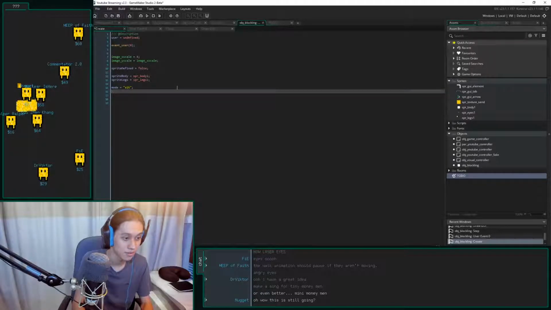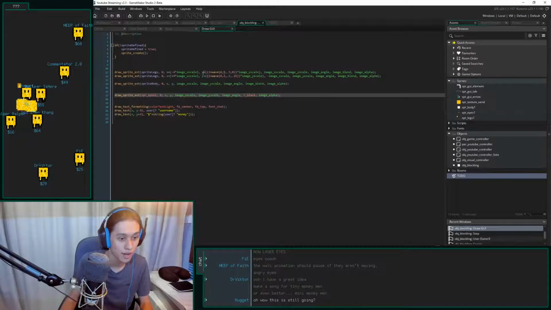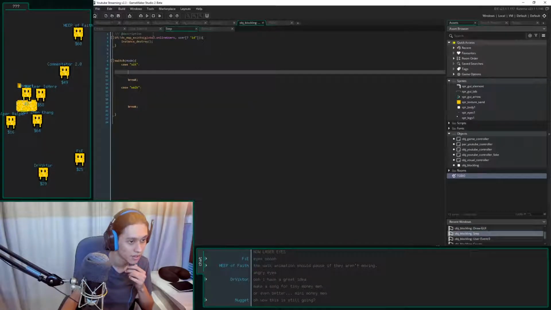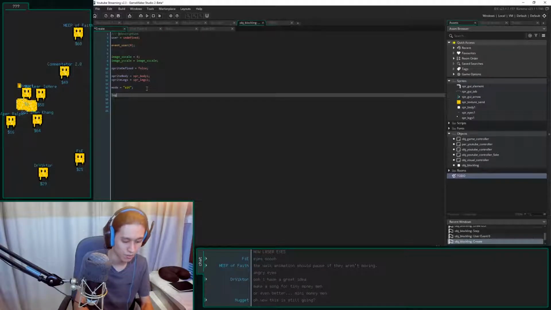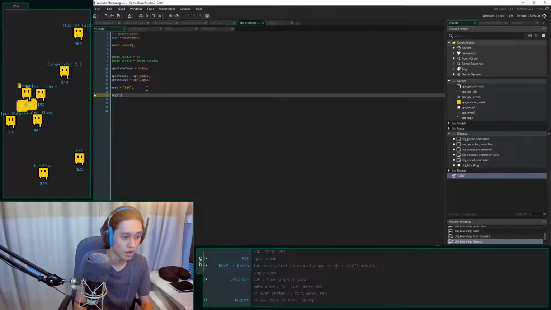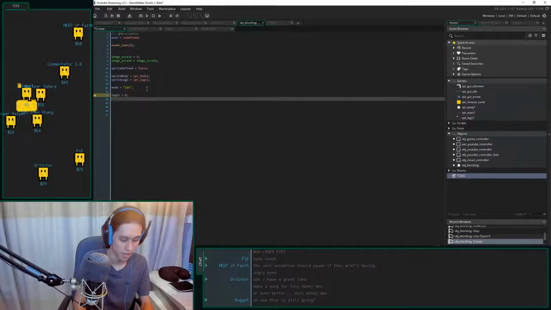Mode, we want... Okay, draw GUI. Y plus... Okay, I need a leg Y equals 0. Oh, there's actually leg Y1 equals 0 and leg Y2 equals 0.